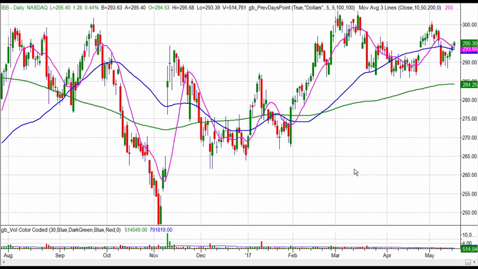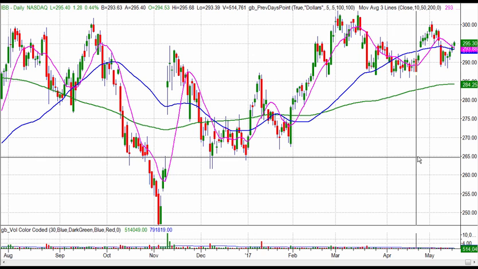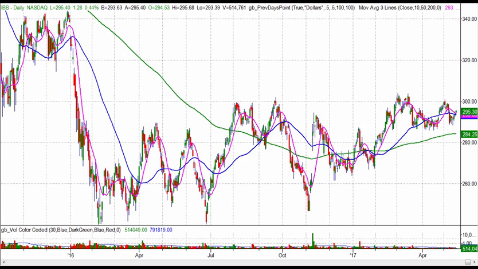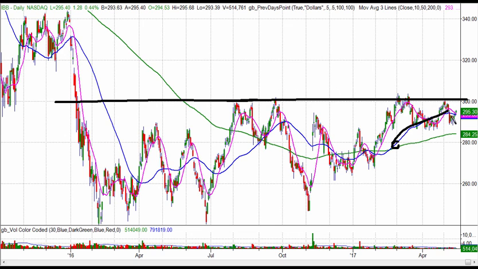The flip side of XRT and KRE is IBB, the drugs. So the drugs, while they're not breaking out and they're not in a huge, powerful bull phase, are back in the bull phase, and the bull phase does have some good momentum to the upside. And the big picture with IBB is this base that has been forming for 18 months. So you're up near the top of the 18-month base, and it's trying to push its way higher.